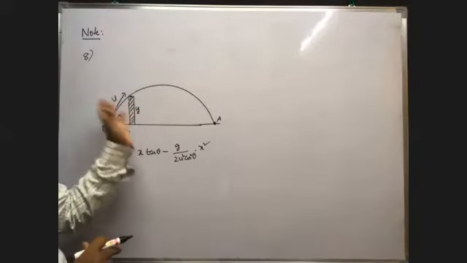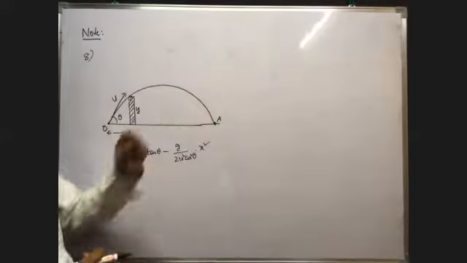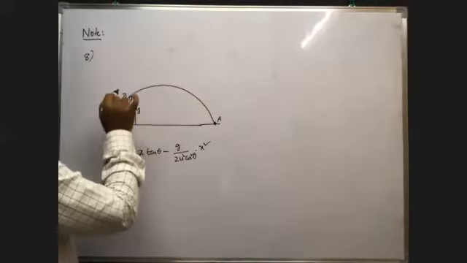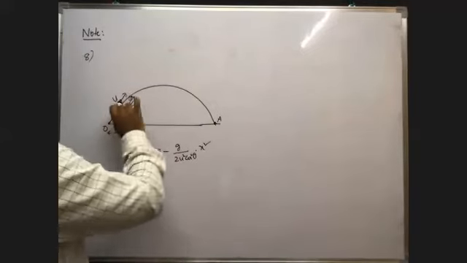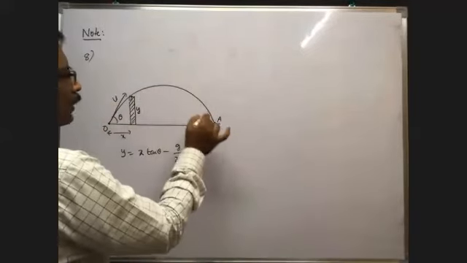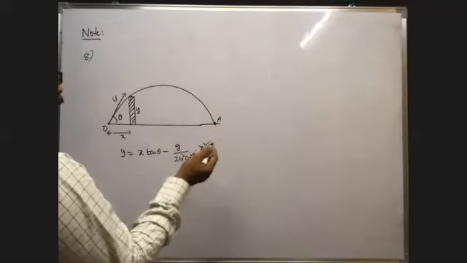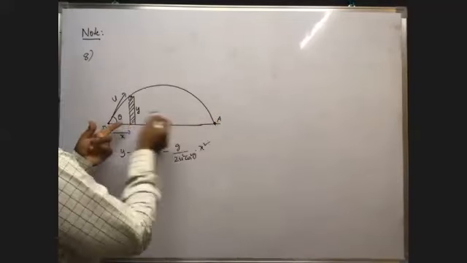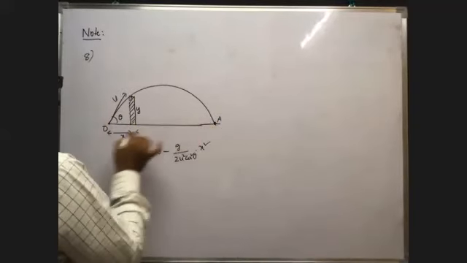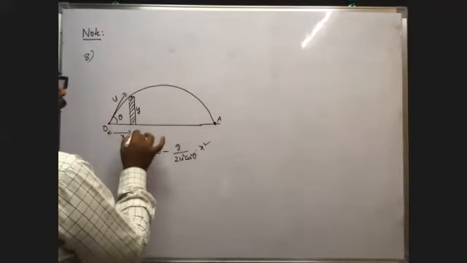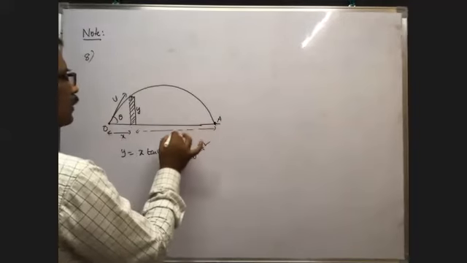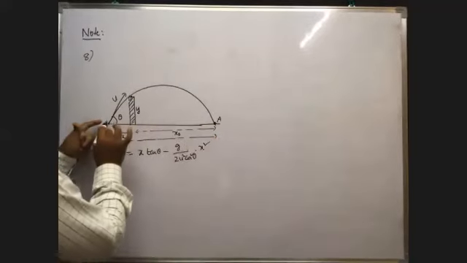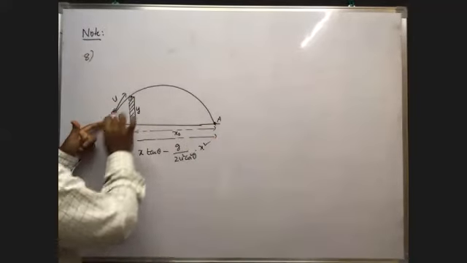In such a way, he has to throw the ball to reach this person. We have to throw the ball such that it crosses the wall without striking, and it has to reach the person. At what distance the person is, we already know the distance from the wall. Say this distance from the wall is x naught. Then the range of the cricket ball must be equal to this one, no?